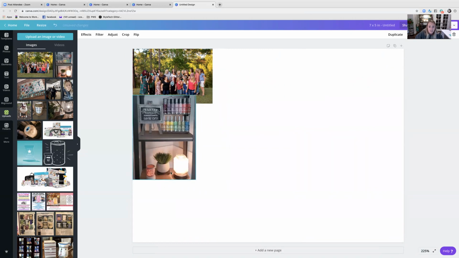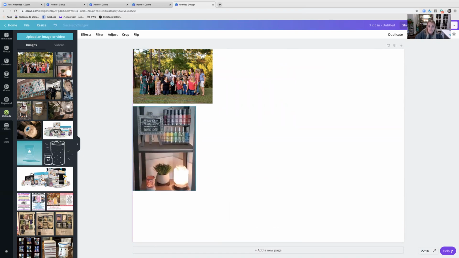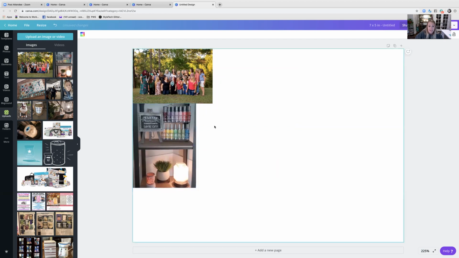Now let's say they overlap a little bit and I want this bottom image to sit behind the image of the group of us up here. I'm gonna click on this image here of the room sprays, right click and hit send back. Now you'll notice that it sits behind that image. So I just want it to sit like that, so that there's no space in between the two images. There's no white space basically. So you just grab that,